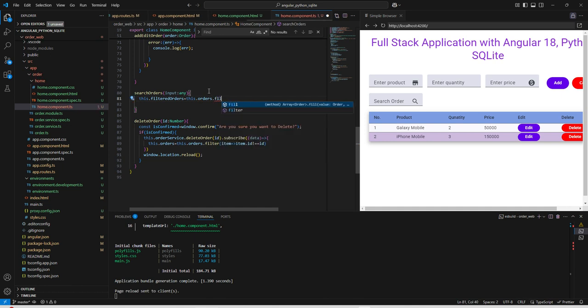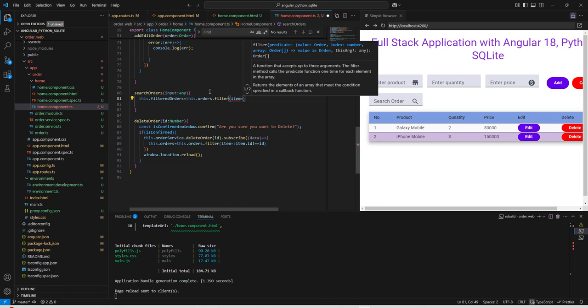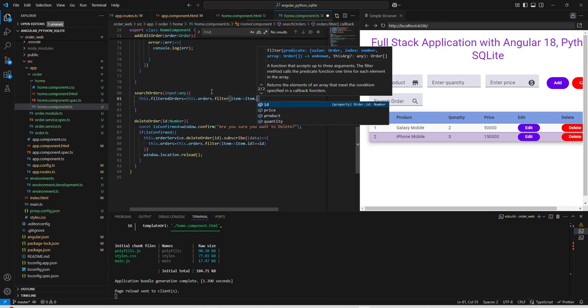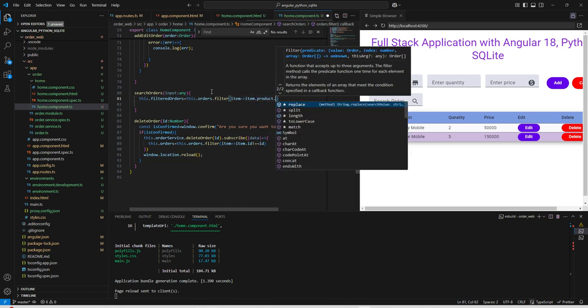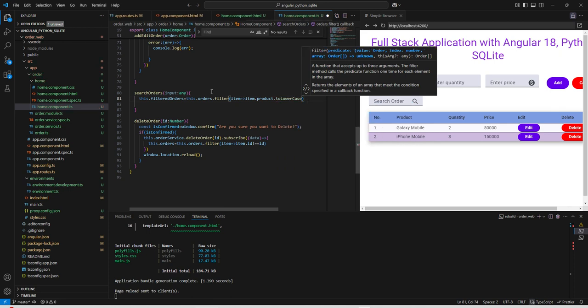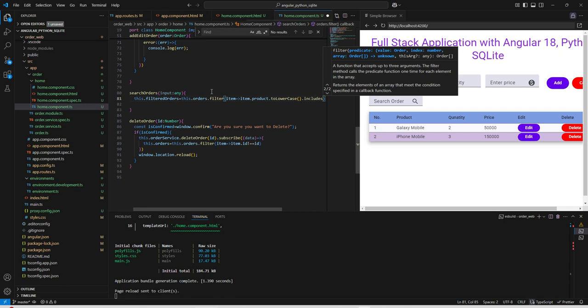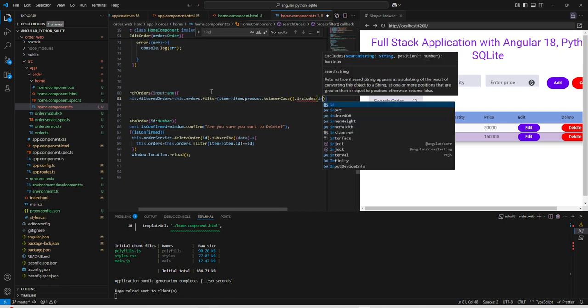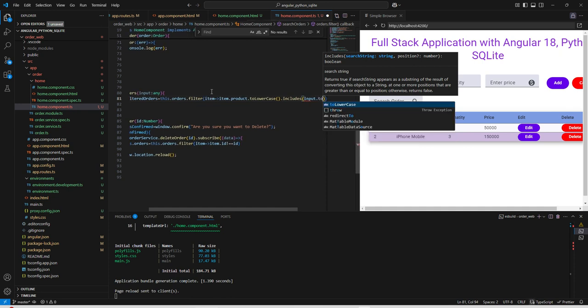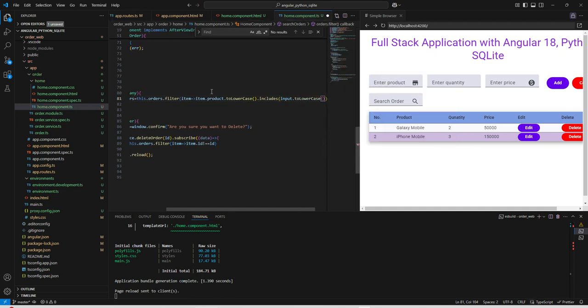On this we can use filter, and here we can say atom.product.toLowerCase().includes, and we can say input.toLowerCase(). So this is for name. So we can copy this part,